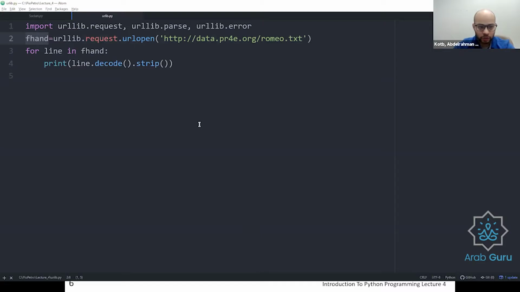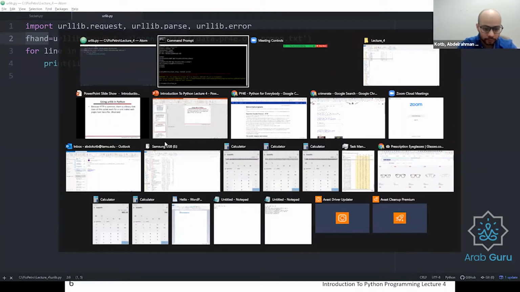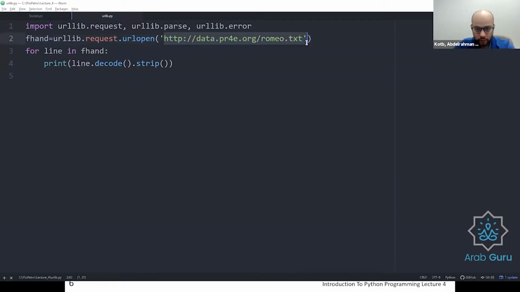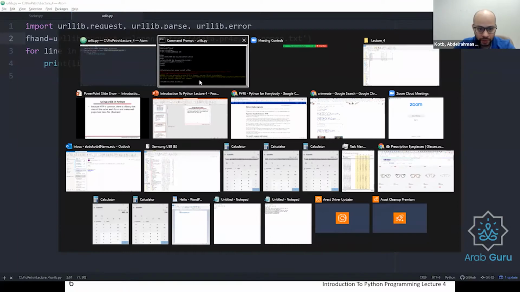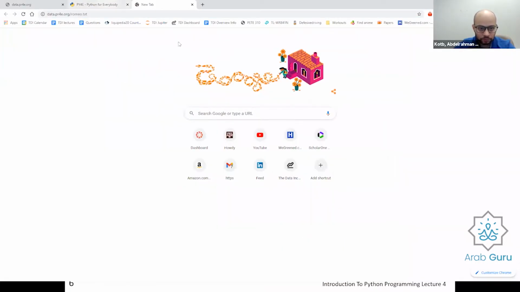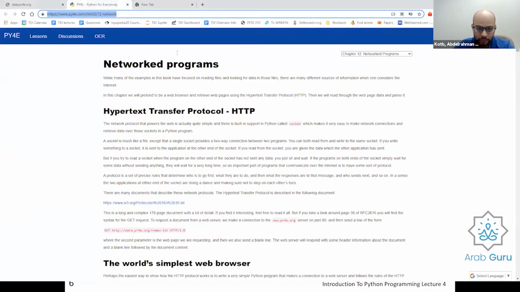So let's see if it works or if the website is not working. I think it's going to give us an error because the website is not working. Let's see. If I copy this website, I think it's going to give me an error. Yes, so it's not connecting, and it's going to time out. So let me try this website instead and see what happens.